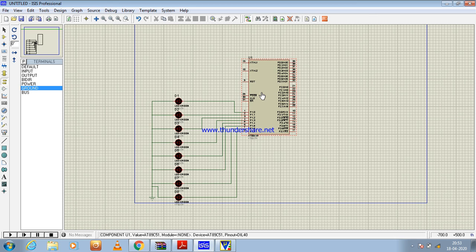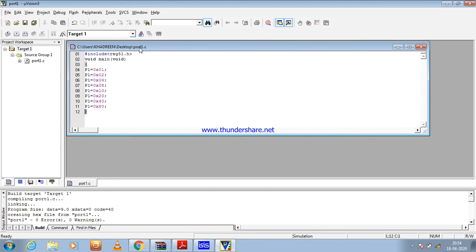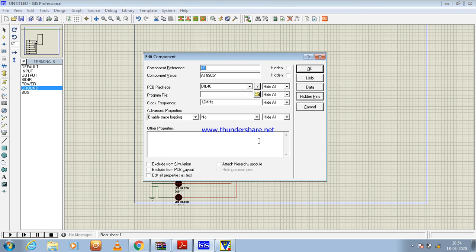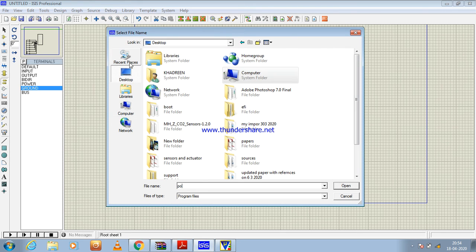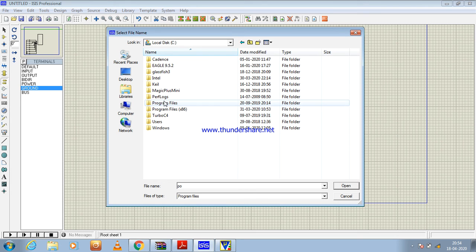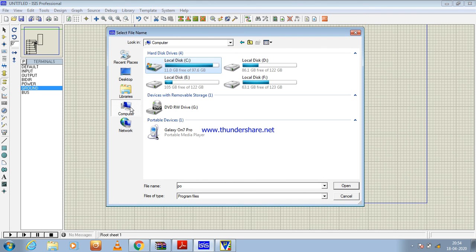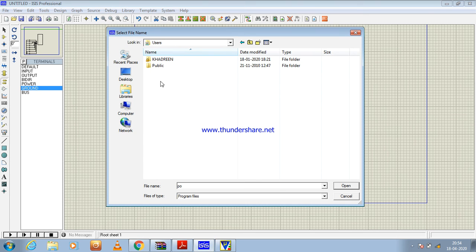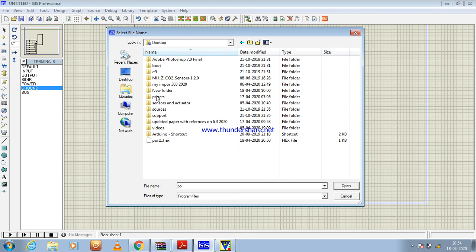Now we have to double click here. When you double click, it will ask for the file which you want to dump. The file is what we stored, port 1. Maybe we will not find it here, so we go to the C drive, Users, then Desktop.